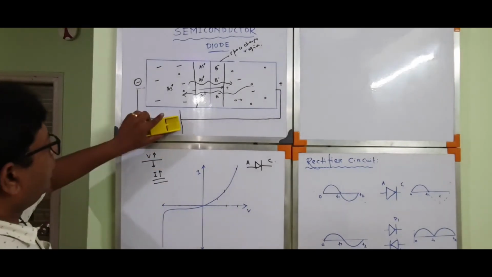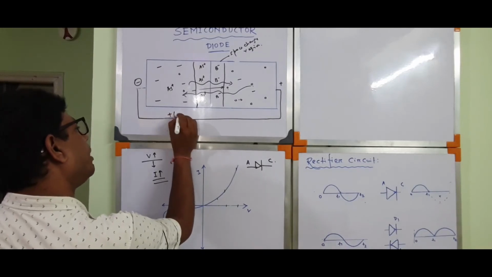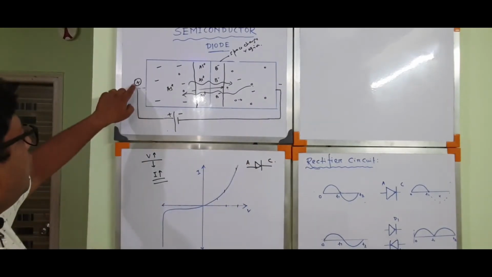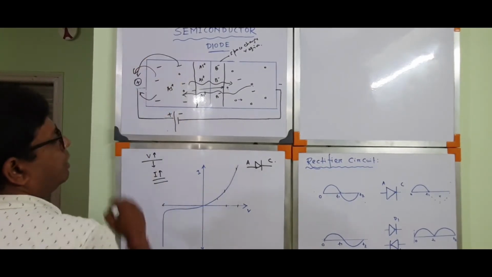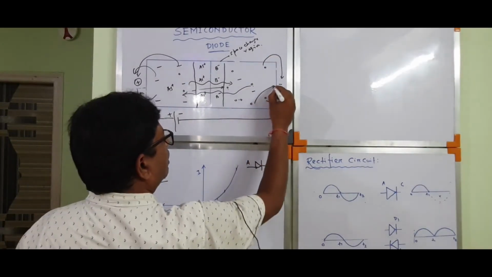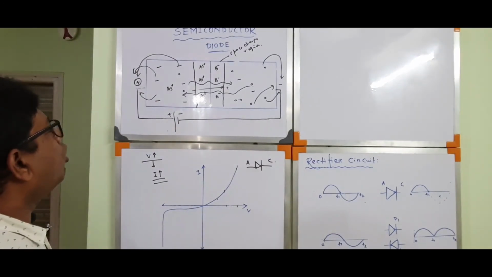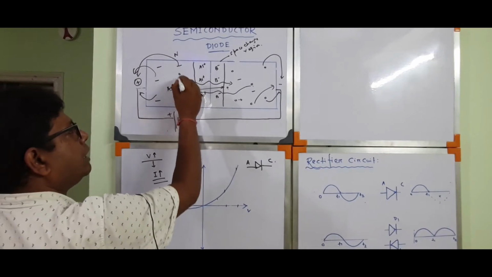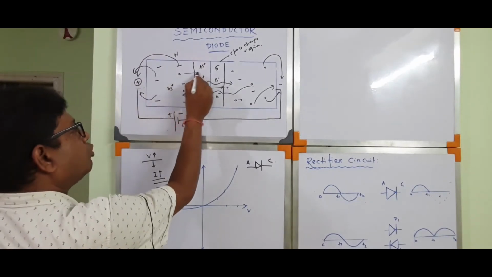But if you connect in reverse condition, that means suppose this is connected with the positive terminal and this is connected with the negative terminal, so this will be positive and this will be negative. What will be happening? Due to the positive terminal, electrons will be attracted by the positive terminal, as well as holes will be attracted by the negative terminal. So current flows only due to the flow of minority carriers. For the n-type semiconductor bar, a few holes are there. These are the minority carriers. And these minority carriers are repelled by the positive terminal, and only these will move.